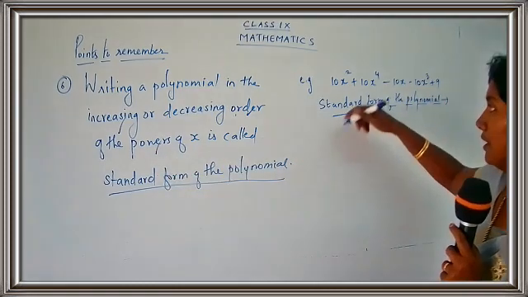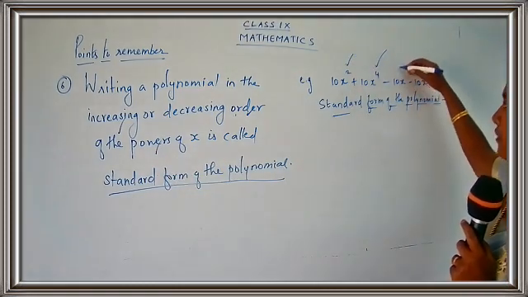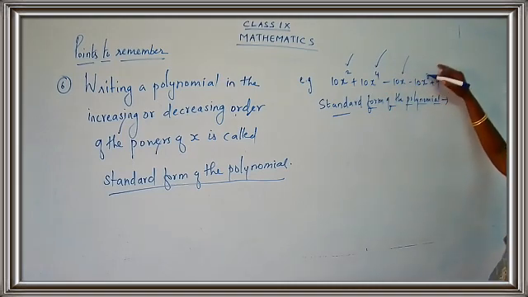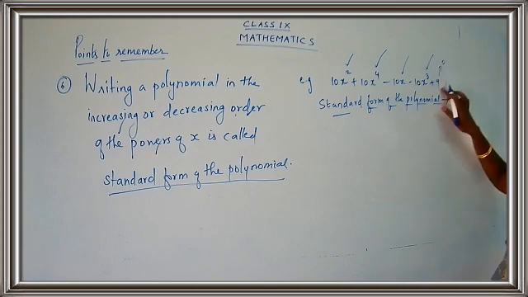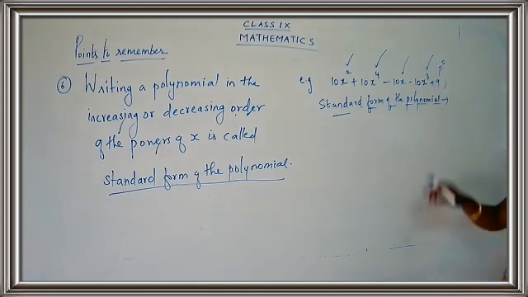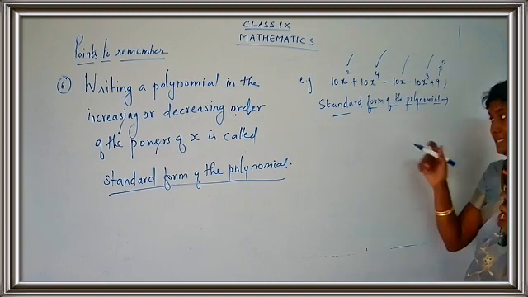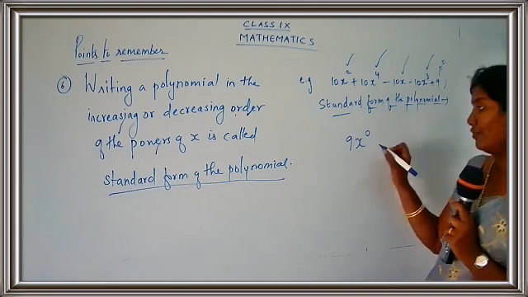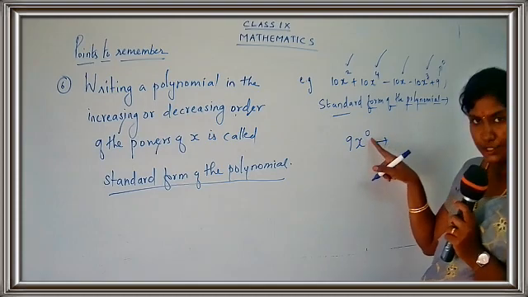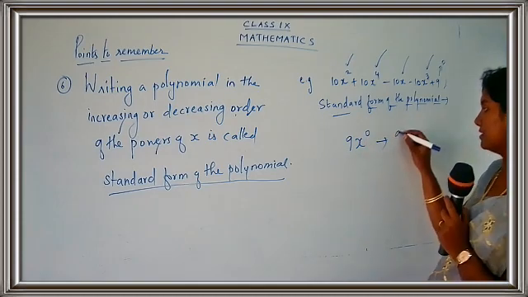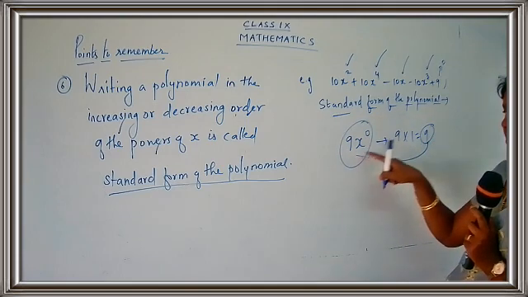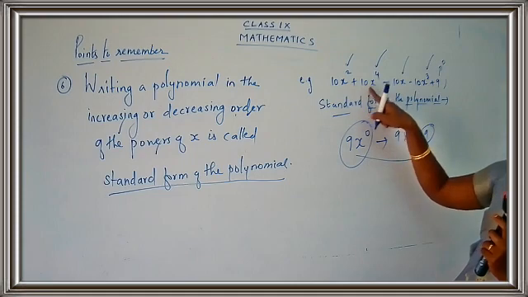So what is the power over here? The power is 2, the power is 4, and here what is the power? Nothing is mentioned, so it is taken as 1, and here 3, and here nothing is there for x, so it should be taken as 0. Imagine, children, it is 9 and you have x raised to 0. I have told you that anything raised to 0 gives you the answer 1. So 9 into 1 is equal to 9. So 9 can be written as 9x raised to 0, because here x is the variable.